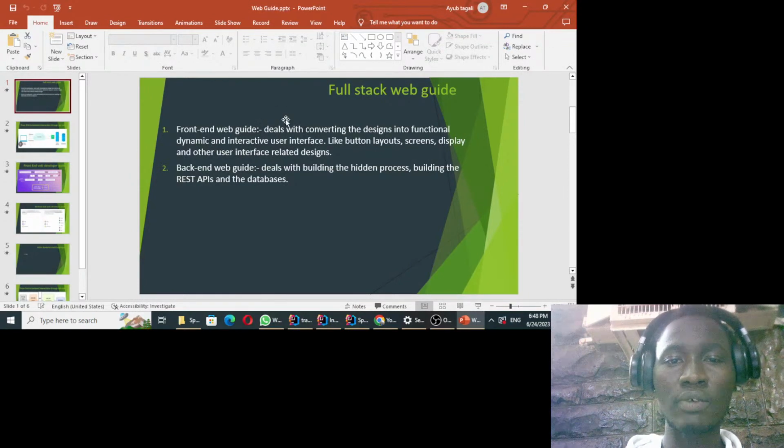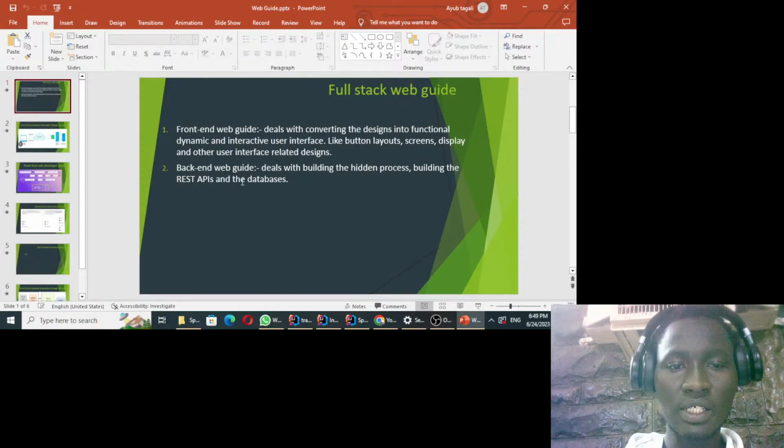In the real world, we will normally have a designer who will design that interface on paper, or using some software. So as a front-end developer, your work is to write the code which will convert those designs into a real interactive and dynamic user interface, where a user can open the web browser and click on some buttons and see nice interface images, the layout of the front end, the links, and all those user interface related elements.